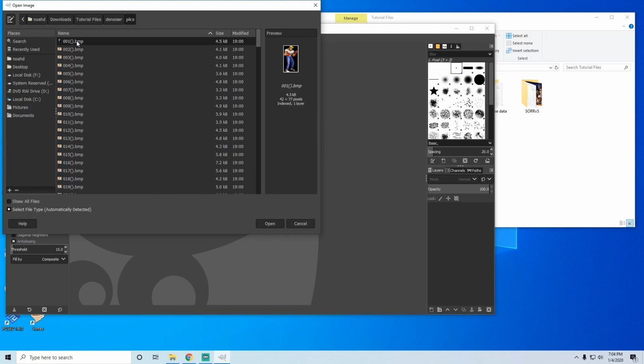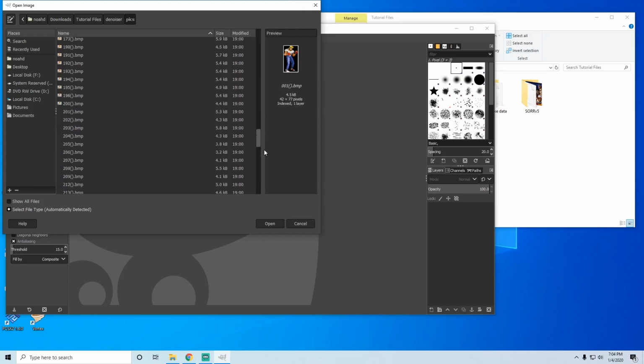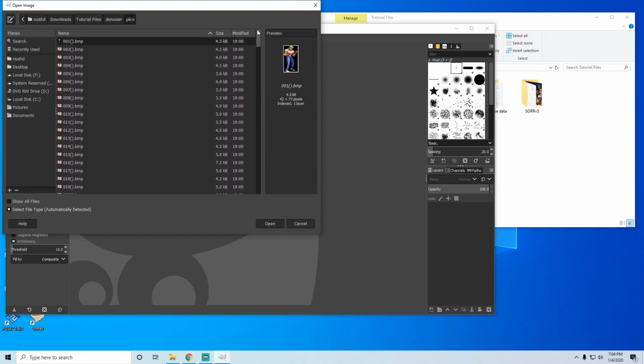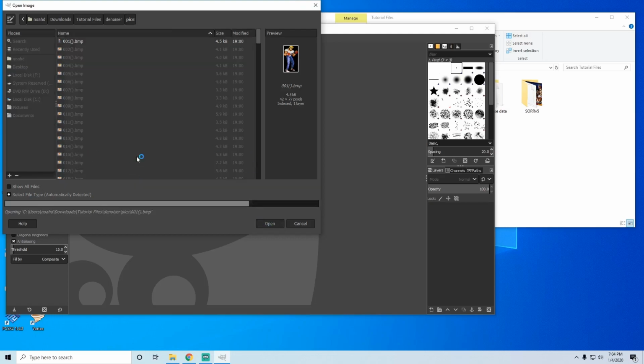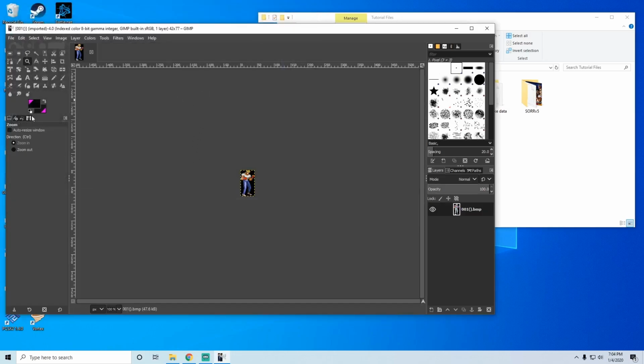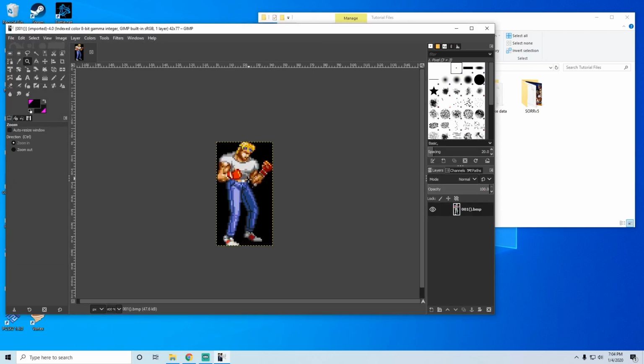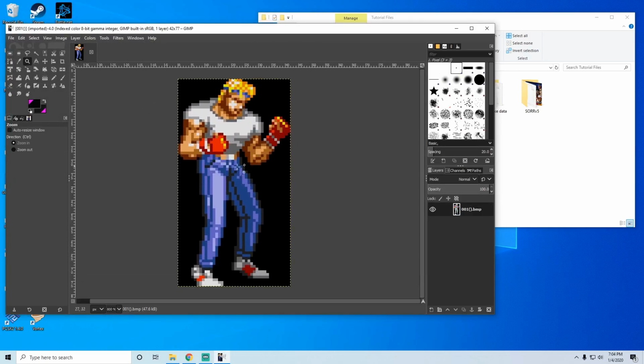We're going to be replacing the original sprite with a new one, and you can do that with any of these files. But for now, we're just going to be using the first file. We'll just open that up, and here you can see we have our main file, or the one that we chose. Just Axel in a normal stance,